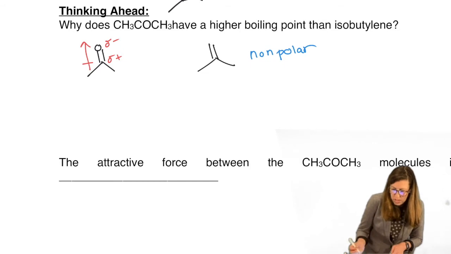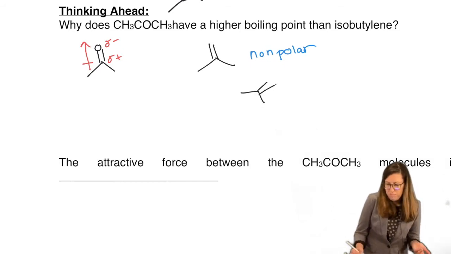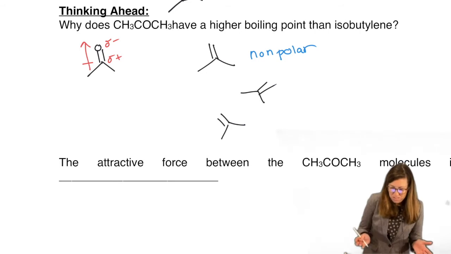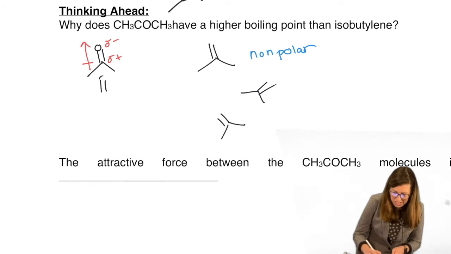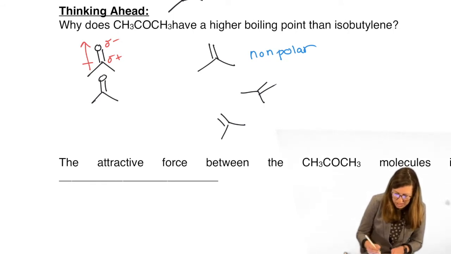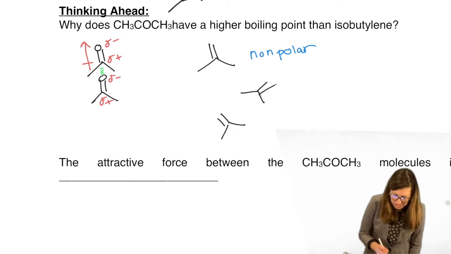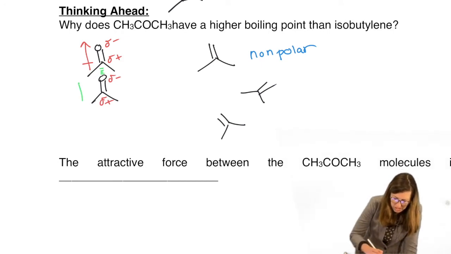So when isobutylene sees another isobutylene, it's pretty ambivalent about it, doesn't care, just sees a bunch of other molecules, it really doesn't make a difference. However, when acetone sees another acetone, it's going to line up soldier style, in a very specific way. That delta minus on the next one is going to be close to the delta plus on the other one, so they can draw that coveted green dotted bond. It's often green, but not always. I'm going to do the dipole in red though.